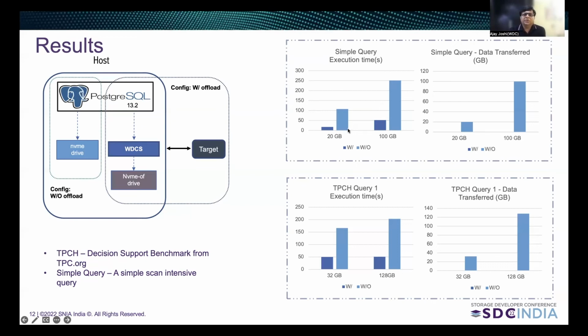In both cases, we noticed that the total data transferred is much lesser compared to the case without the offload. Execution time itself was about 110 seconds compared to just the 20 seconds in the case of a simple query. The same happens with regards to the data transfer itself. The data transfer was about the same as the database size without offload, whereas in the offload case it was about the data of interest. In the simple query case, it was 72 MB, whereas in a TPC-H query, it was about 150